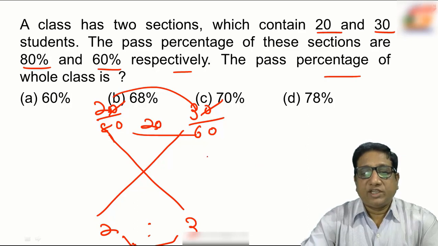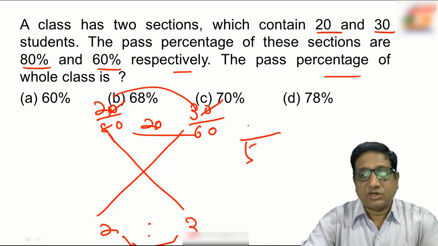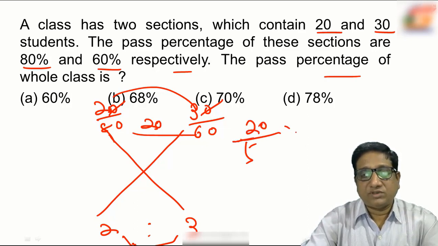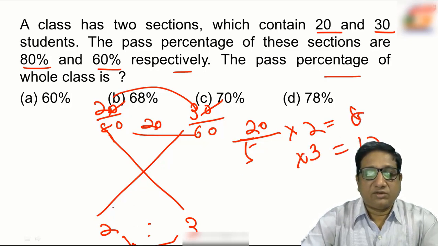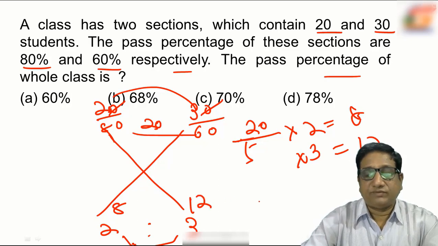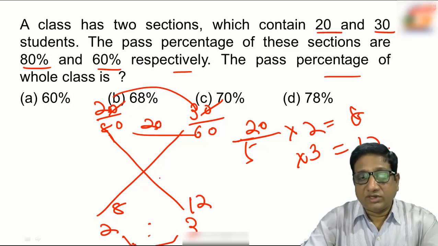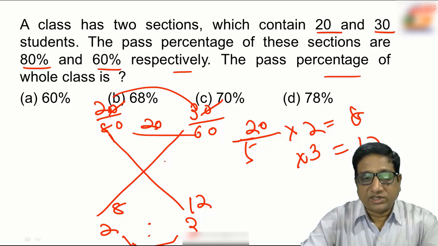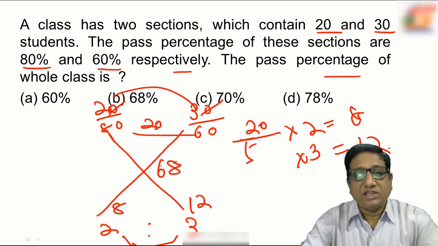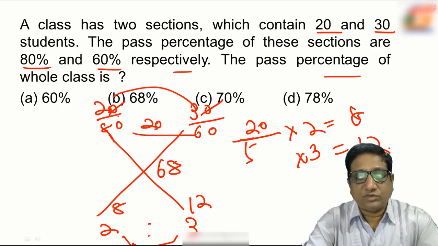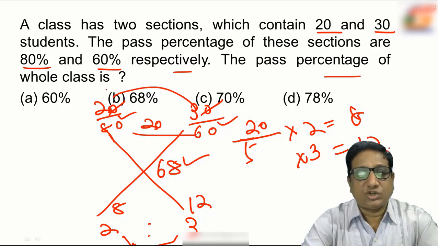Now the difference is 20. If you divide this in these two ratios, 3 plus 2, 5 times is equal to 20. Then what will be 2 times? That will be 8. Then what will be 3 times? That will be 12. So this value will be 8 and this is 12. Then the mean value will be 60 plus 8, 68, or 80 minus 12, 68. One way addition, other way subtraction. Why? Mean value is always in between these two values, upper and lower value. Choice B is your answer.